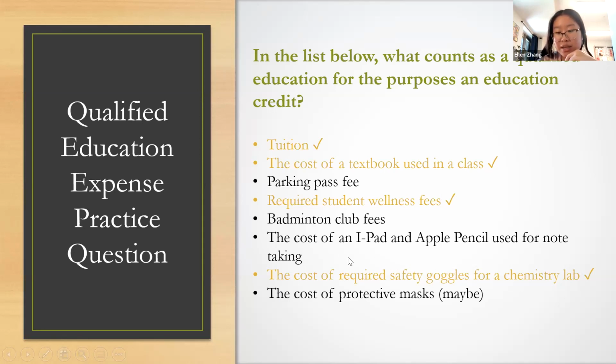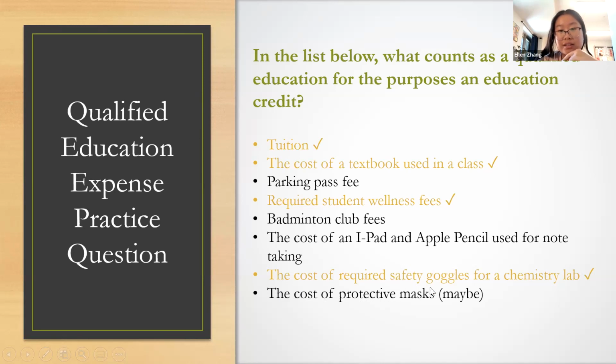Again, a required piece of equipment for a specific course, so that would count. And the last one is a maybe, because this depends on if your institution requires protective masks on campus. If that is a requirement, then yes, you could deduct the costs of buying protective masks as a qualified educational